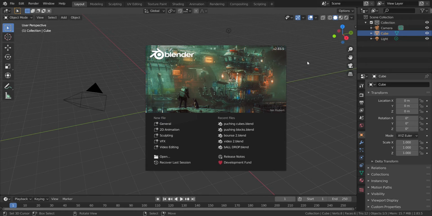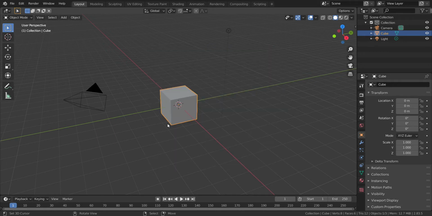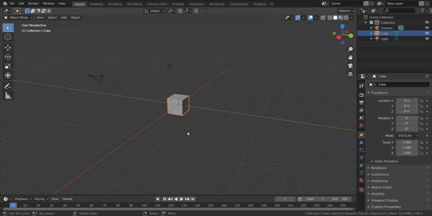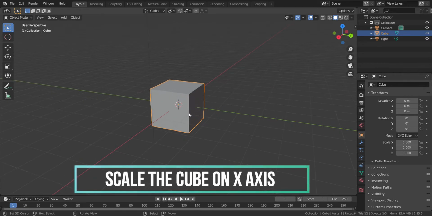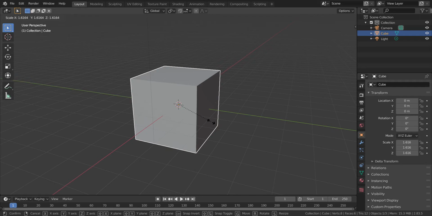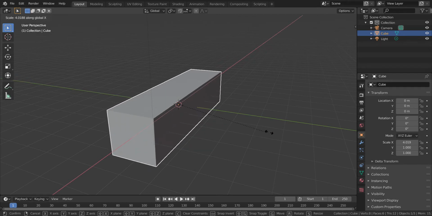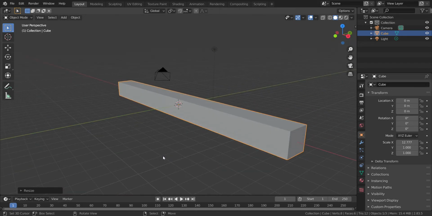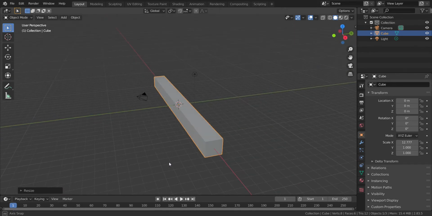The first step is we have to start with the animation system in this Blender software. So we will be clicking on this tab. As you can see, the cube is out here. So first of all, we will be scaling this cube on the x-axis. For that, first of all, we will be pressing S, then X to expand it on the x-axis. As you can see, the bar of cube is out here.